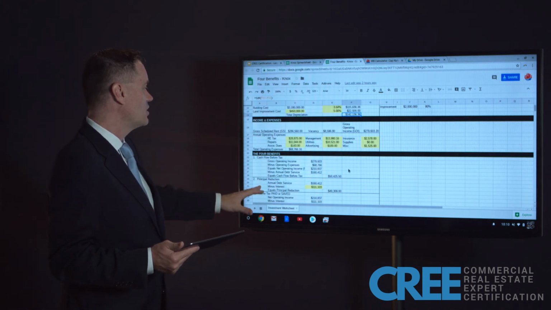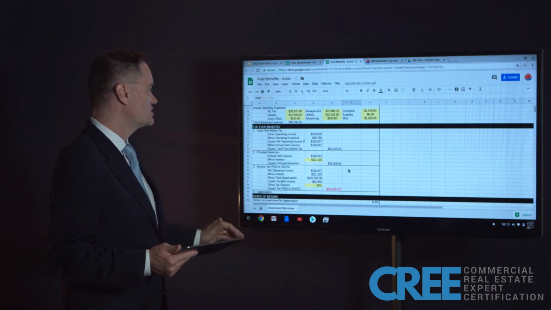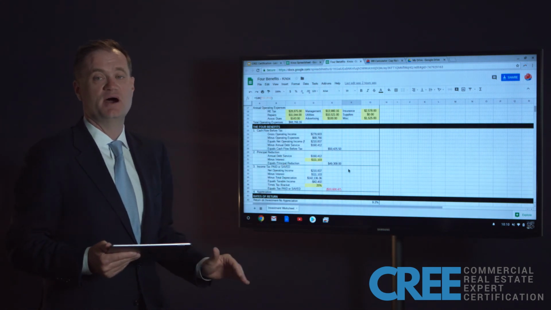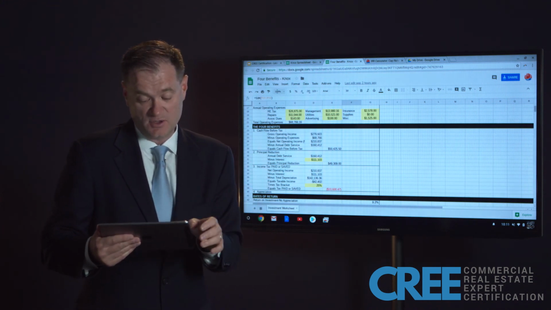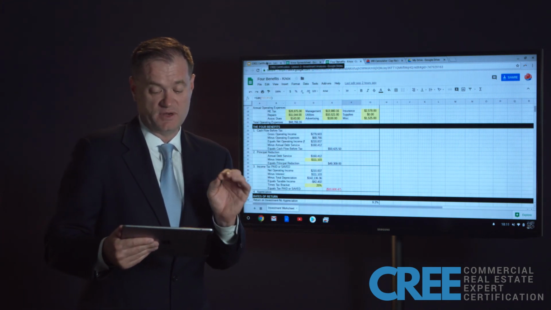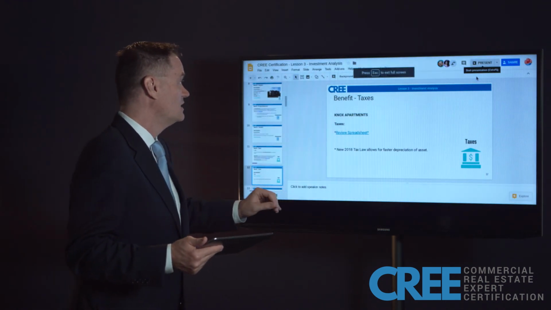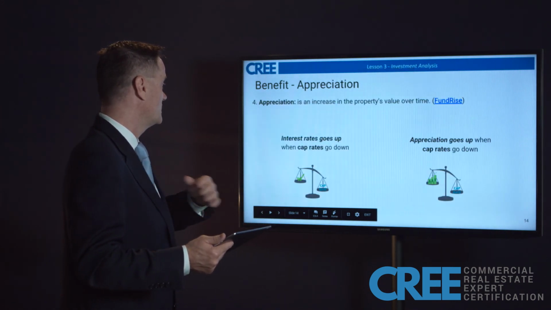And then we actually go through the 4 benefits of owning: cash flow, principal reduction, income tax paid or saved, and then we talk about appreciation, which is the next and the 4th and final benefit of owning investment real estate. So when we go back to our main tab here, and we'll head to slide 14, I believe,